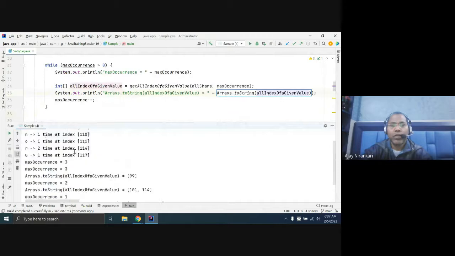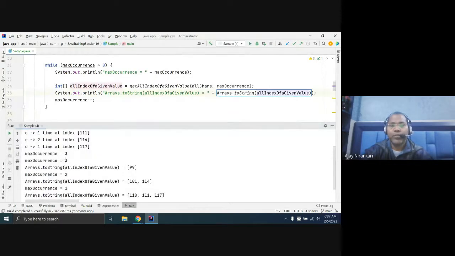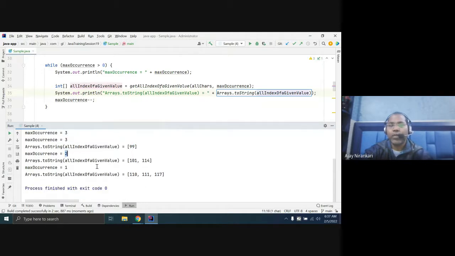you notice whenever I pass 3 as input, I get the index 99. When I pass 2 as input, I am getting the two indexes. Now I'm passing max occurrence 1. The max occurrence 1 has this position, this position, this position. Till now, any doubt?